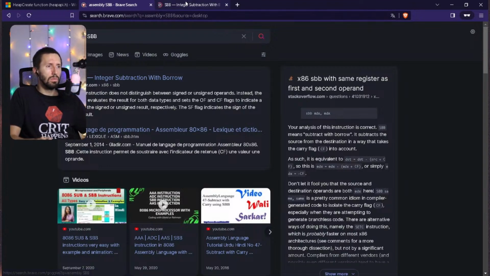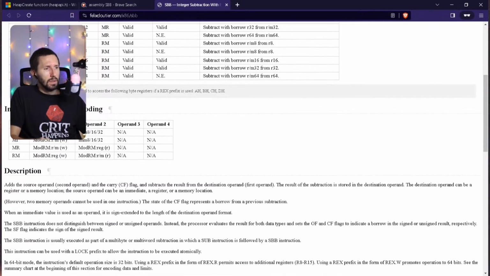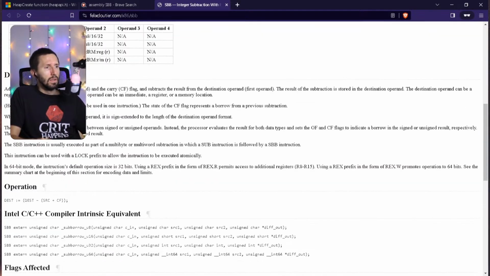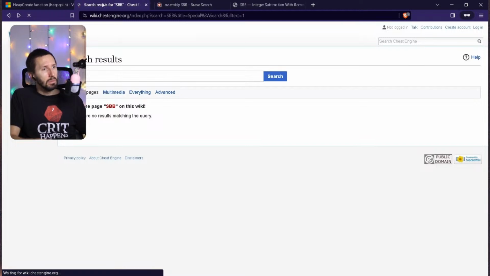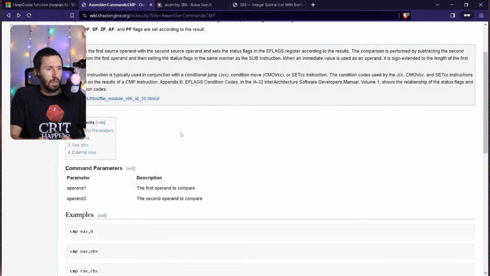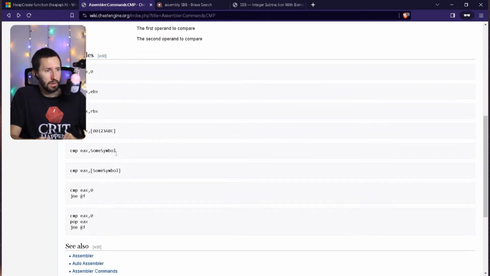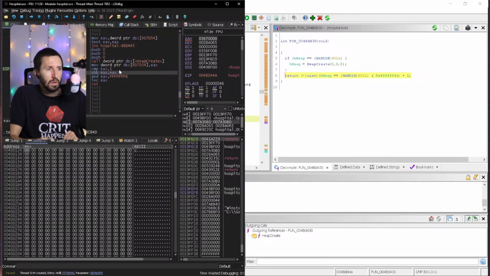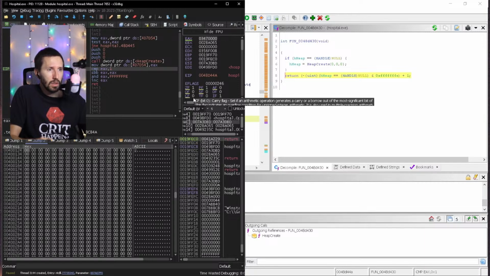Integer subtraction with borrow. At the source operand second and the carry flag. Maybe. Yep, the carry flag is set with a compare. So compare carry flag. For now it's 0, but if we advance,